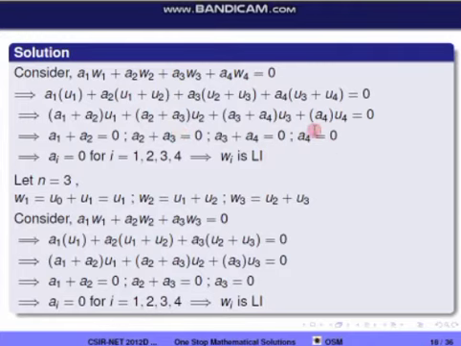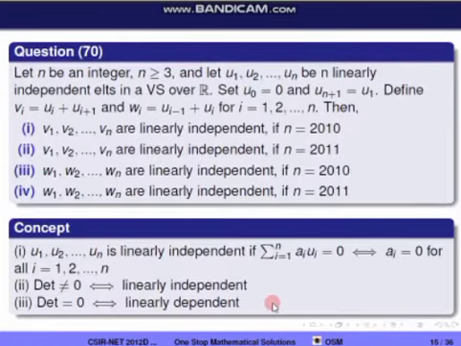So we got a4 equal to 0. So this implies a3 equal to 0. This implies a2 equal to 0. This implies a1 equal to 0. That is, ai equal to 0 for all i equal to 1, 2, 3, 4. That is, w is linearly independent for the even condition. Similarly, check it for n being odd. I am taking n equal to 3, and with the same procedure you will get ai equal to 0 for all i's. So wi is linearly independent for odd numbers also. So now we'll check the correct option. So the correct options are 2, 3 and 4.